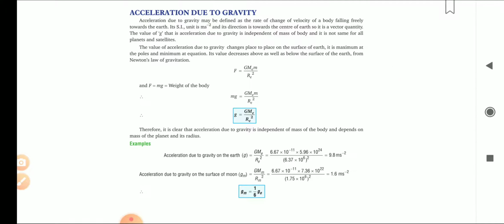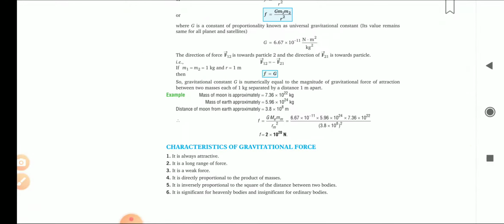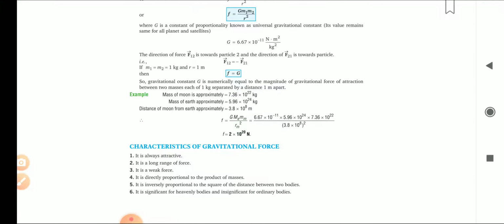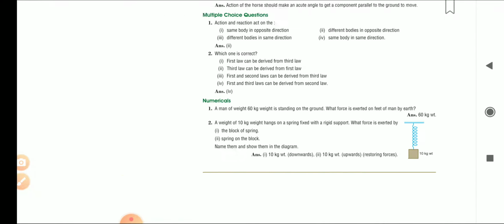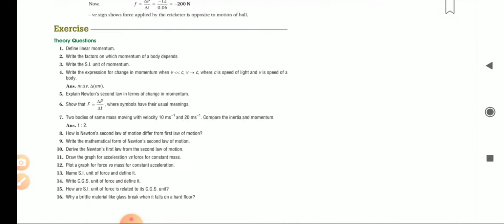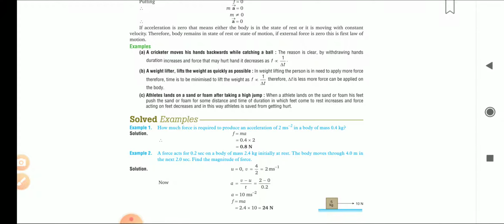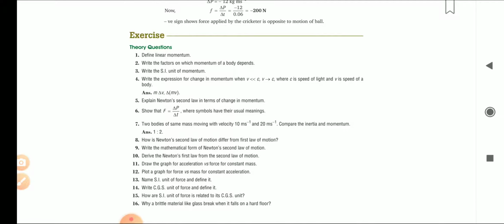It is a natural phenomenon also that we can say. If you do some action, there will be a reaction from the other side. So that's why we have studied FAB equals minus FBA.